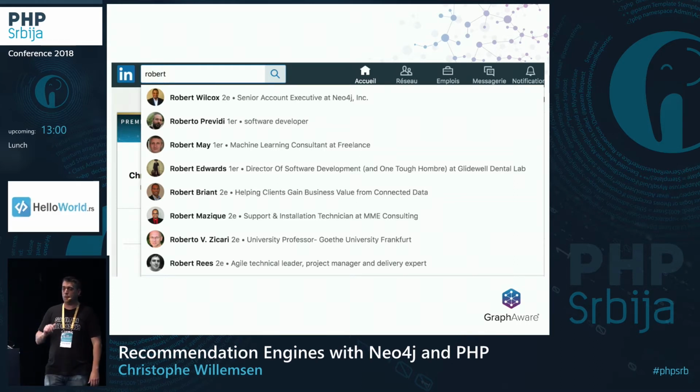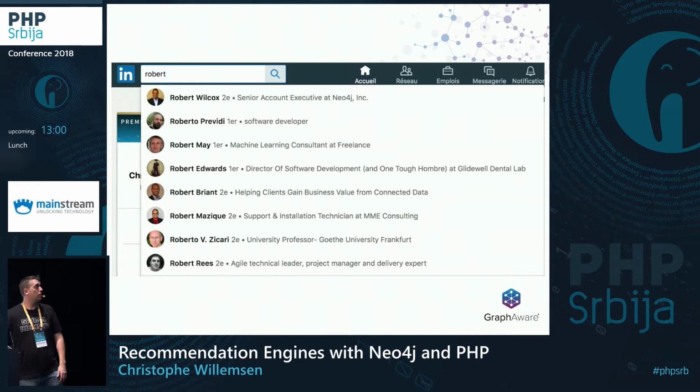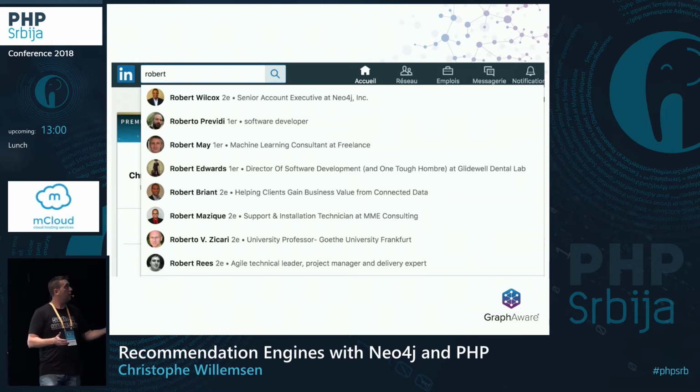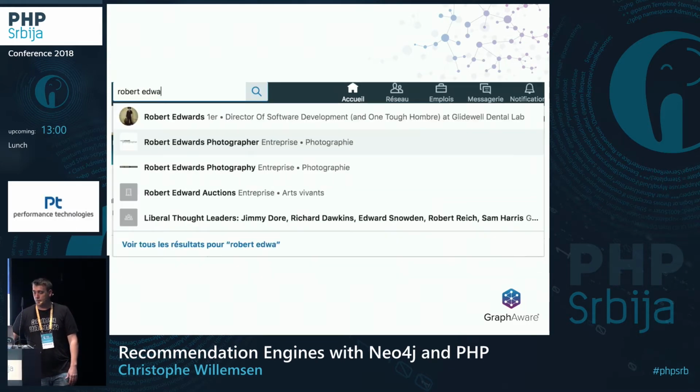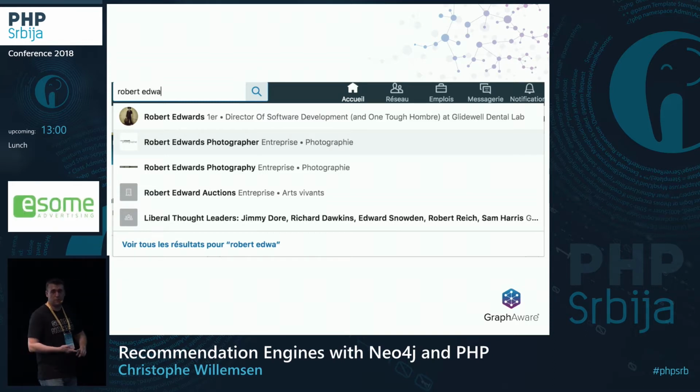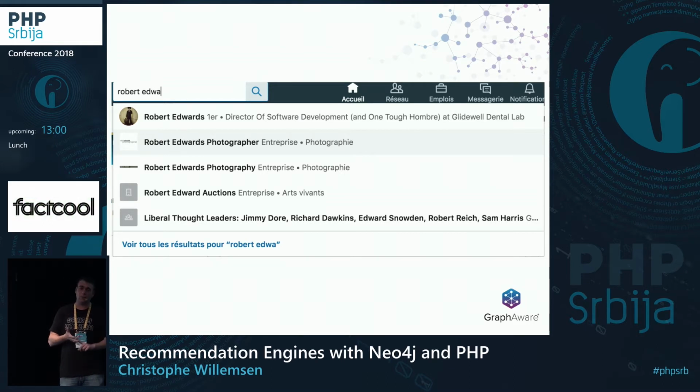And on LinkedIn, the first results are second level contact, first level, but not really what I want. So I actually had to type further to find my contacts. And it is the most relevant because we have a lot of messages on LinkedIn. We follow the same people. We generally comment on the same publications. So this is useful for improving search.